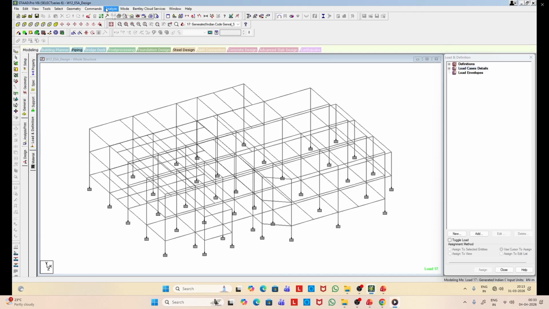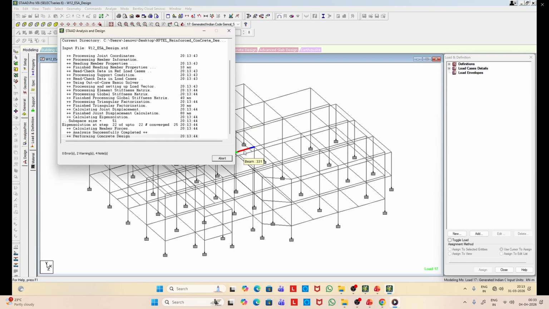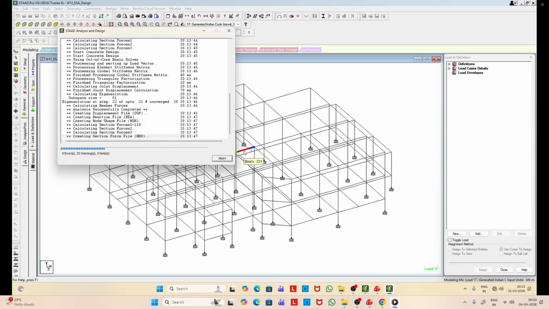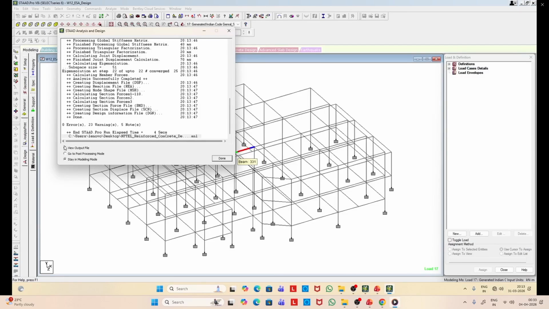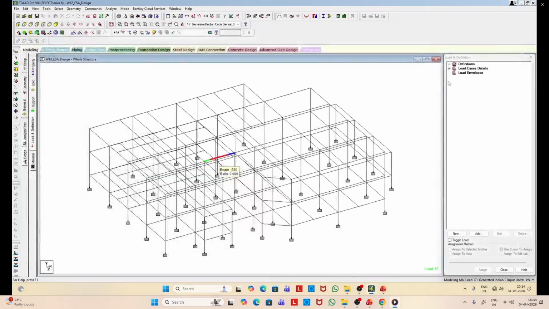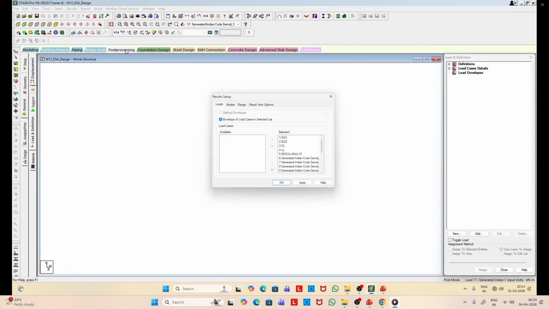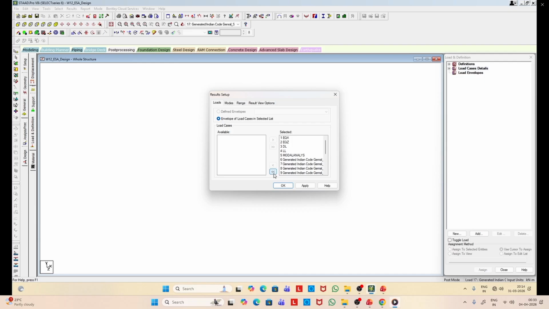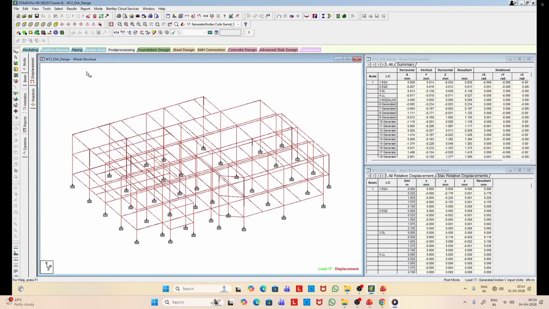So now, let us first run the analysis. As you can see, there are 23 warnings. We'll see if some section fails or any other issues are there, then we will identify them. So let us go to post-processing, and here you can see